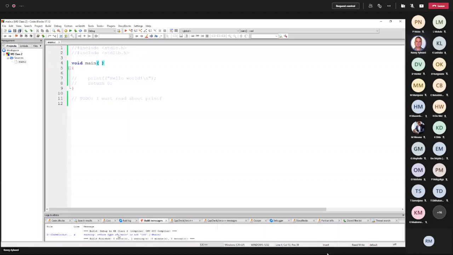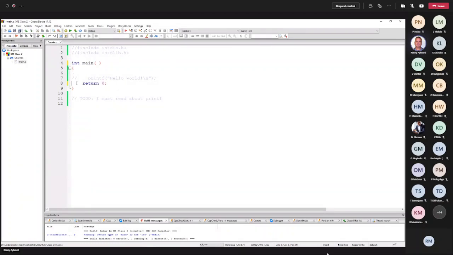So that means it will run, but the warning means that we've actually omitted something. So it doesn't like me to make it void, but void is also acceptable. Okay, so let's just make that back to int.